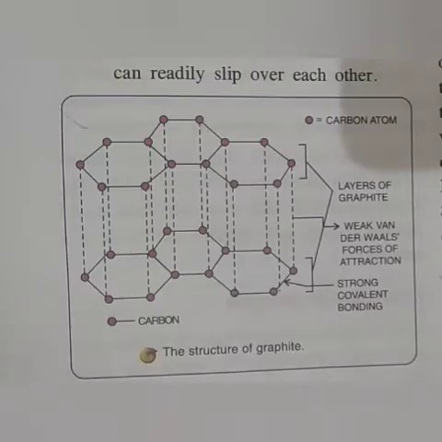Graphite. It is an allotropic form of carbon which is soft, lustrous, black or bluish grey in color. The word graphite comes from a Greek word meaning to write. Now coming towards its structure. Graphite is a crystalline form of carbon in which carbon atoms are arranged in a definite geometrical pattern.